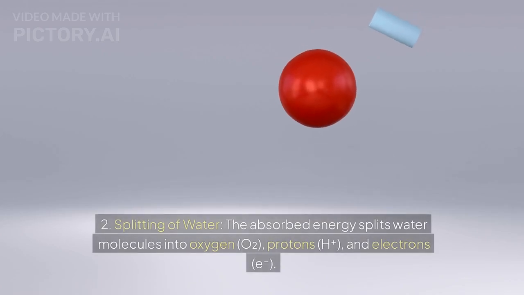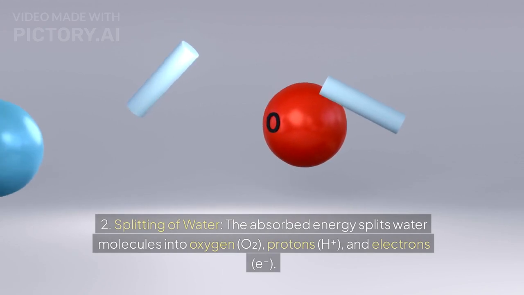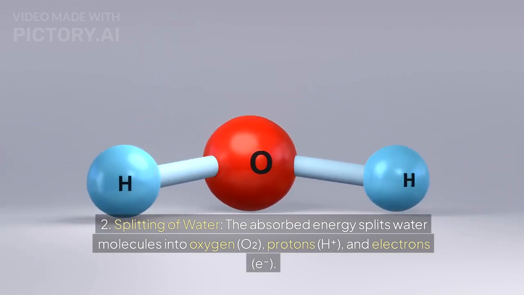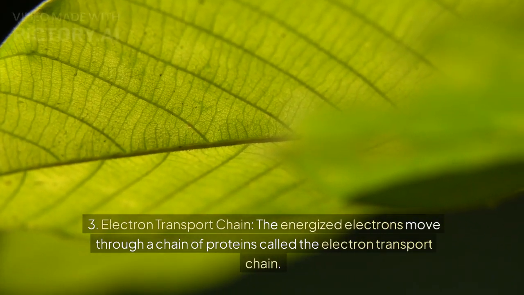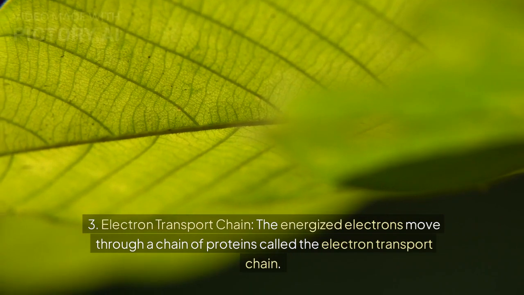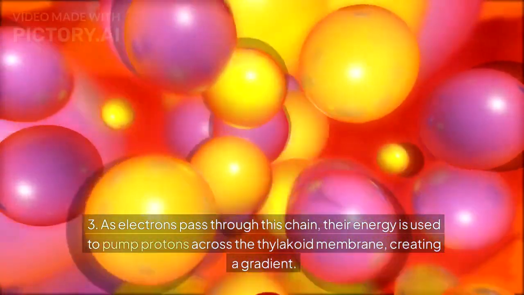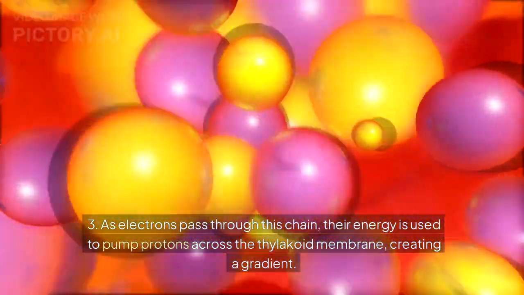2. Splitting of water. The absorbed energy splits water molecules into oxygen, O2, protons, H+, and electrons, e-. 3. Electron transport chain. The energized electrons move through a chain of proteins called the electron transport chain. As electrons pass through this chain, their energy is used to pump protons across the thylakoid membrane, creating a